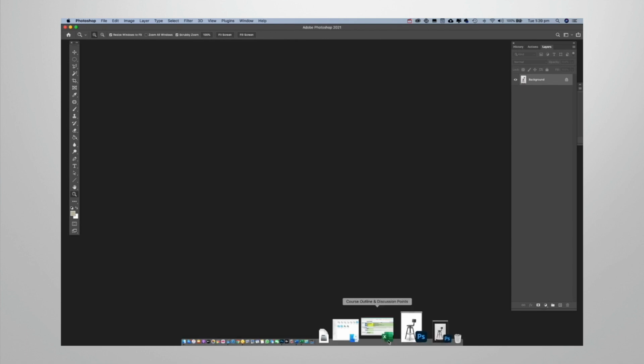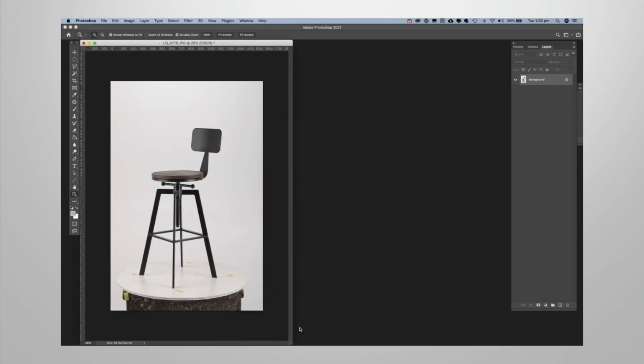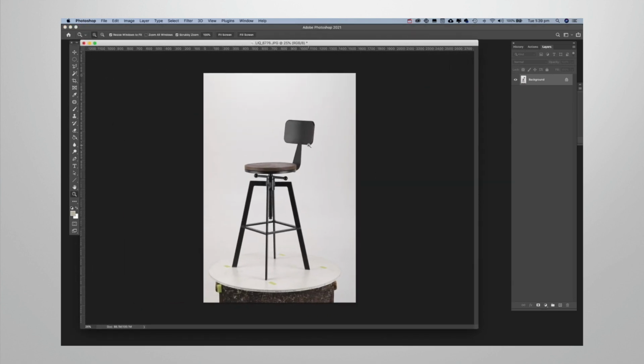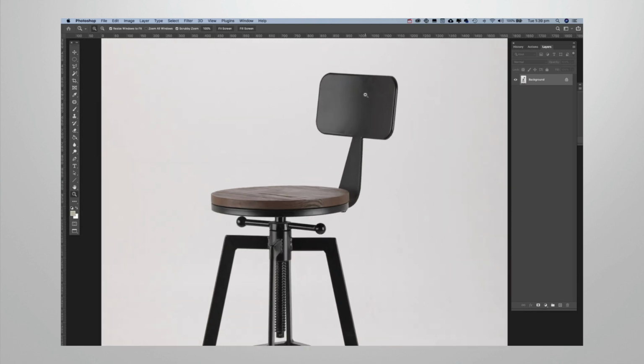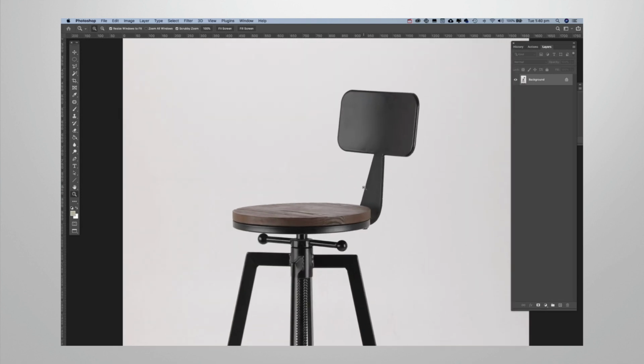So here's the picture of the stool there. Now, we'd clean that up first and we'd get rid of any smudges and so on. Once we've cleaned it up, what we'd then do is want to select that image. Now, this is one of the big things that retouching, outsourcing your retouching, this is one of the biggest places